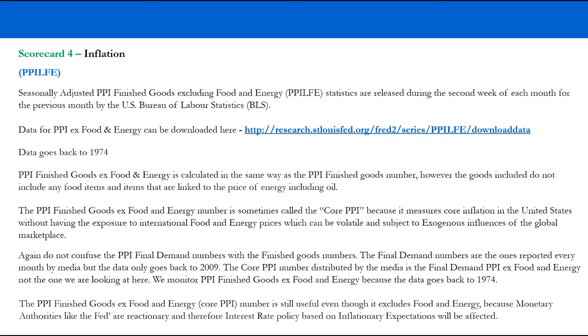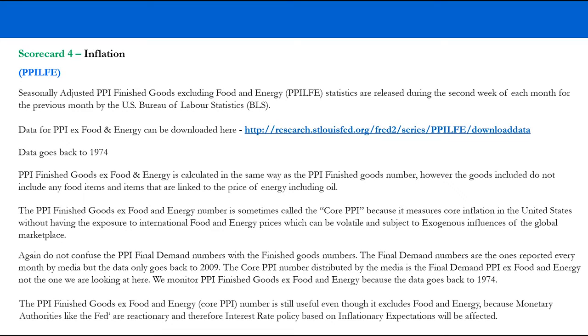And again, just to highlight this point as a reminder, don't confuse the PPI final demand numbers with the finished goods numbers. The final demand numbers are the ones that are reported every month by the media, but the data only goes back to 2009. The core PPI number distributed by the media is the final demand PPI ex food and energy number, and not the one that we're looking at here. What we do is we monitor PPI finished goods ex food and energy because the data goes back to 1974. And it's obviously still very useful to us to look at excluding food and energy, so the core PPI,